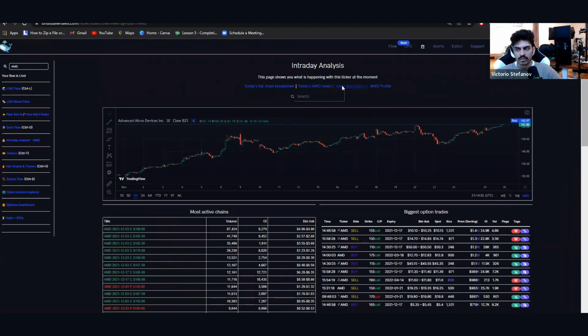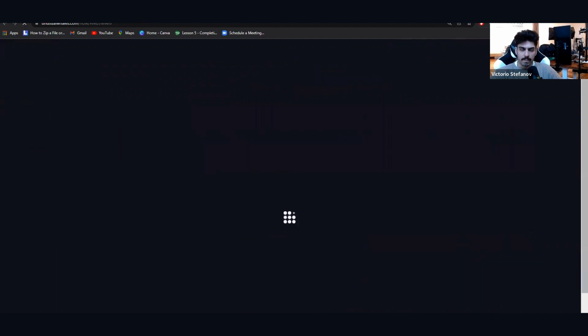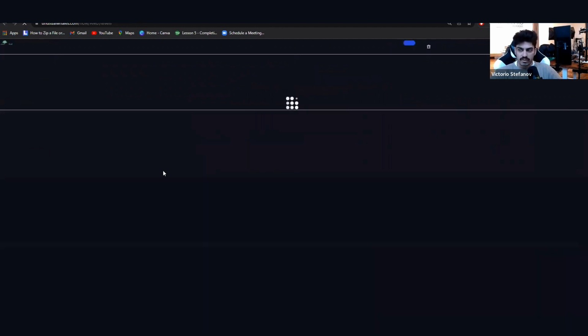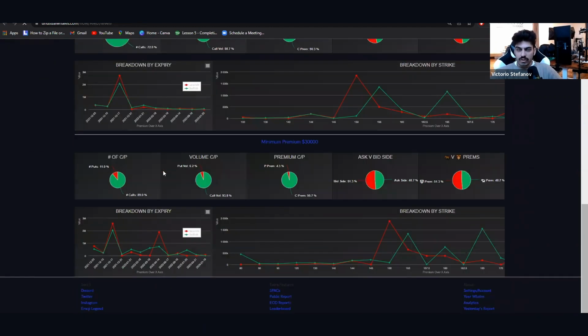Now what we're going to do is we're going to go into levels and the flow history. So what we're going to do in the levels here, this is going to be important because we're going to jump into the premium of 30K plus. So earlier when I was looking at this, this number was different because we're seeing bulls versus bears. Before earlier today, it was at 71%. Now this changes because there's different players that come into this market. So we've dropped bullish premium to